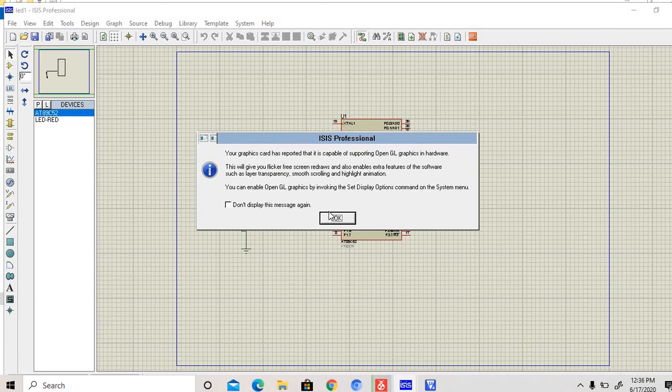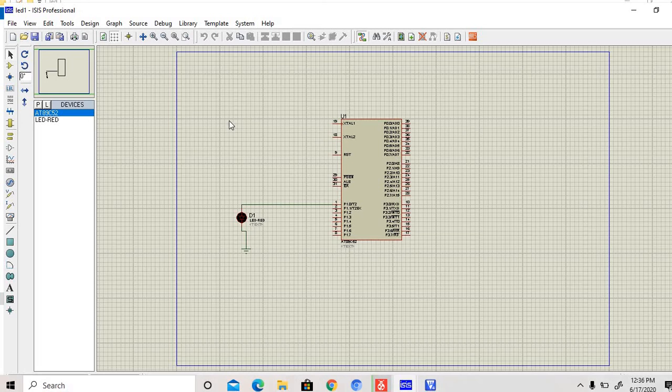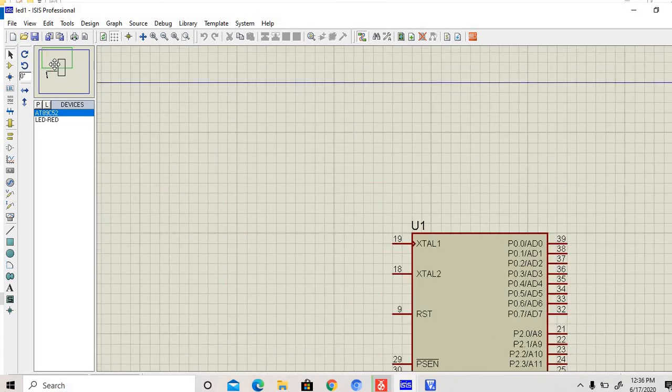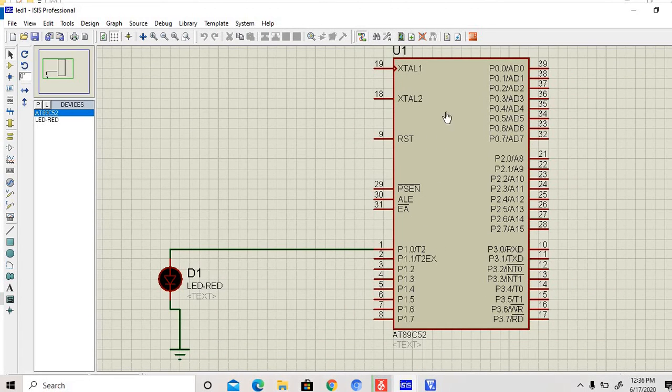Now, okay, then zoom. This is our LED part. This is our IC. It's a 40 pin IC. 4 ports are there: P0, P1, P2 and P3. Each port has 8 pins: 0.0 to 0.7, 1.0 to 1.7, 2.0 to 2.7 and 3.0 to 3.7.